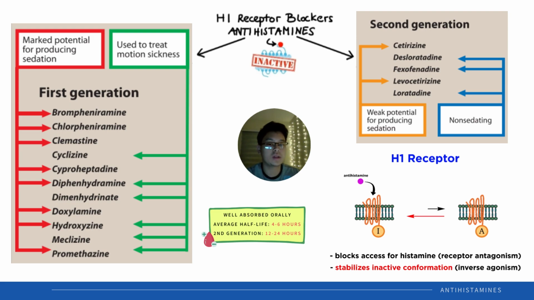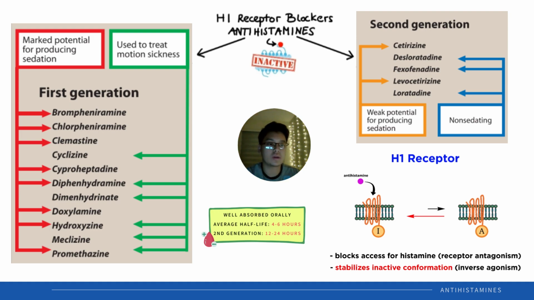This leads to the inhibition of histaminic actions and the gradual relief of our allergy-related symptoms, such as inflammation, itching, runny nose, and sneezing. We have to note that H1 receptor blockers are well absorbed after oral administration, with maximum serum levels occurring at 1 to 2 hours. The average plasma half-life is 4 to 6 hours, except for meclizine and the second generation agents, which is about 12 to 24 hours. And now, on the next slide, let's first talk in more detail about the first